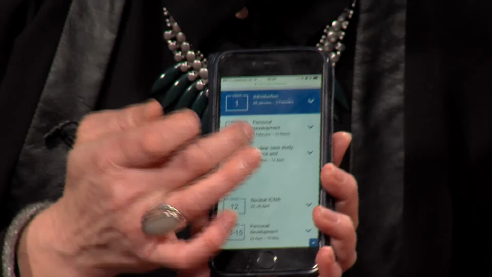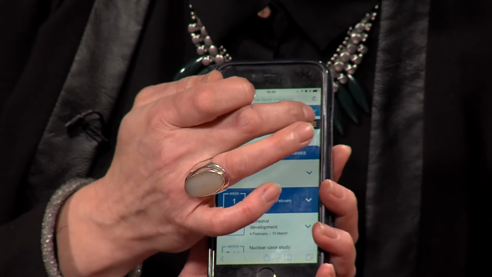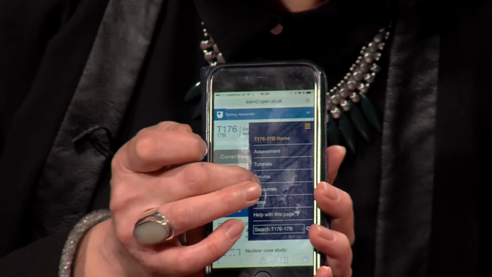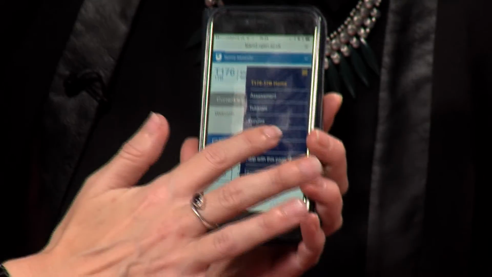Karen, if I do this in sort of Blue Peter style like we've had. Thank you, Tammy. That's how the module websites work on a mobile phone. Yeah, if you can see. Excellent. Like Sharon was saying, I'm trying to work this upside down. Do you want me to help?